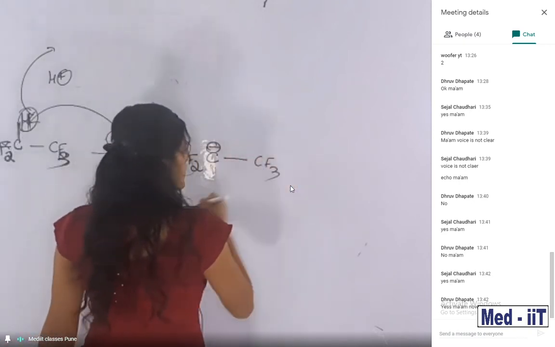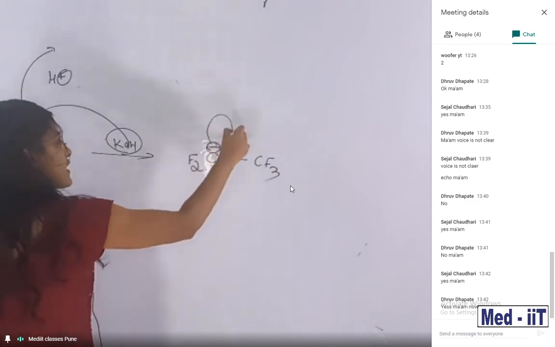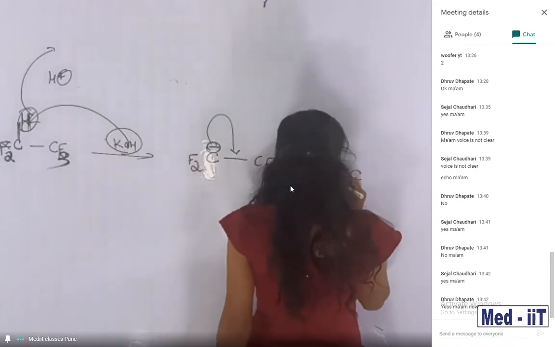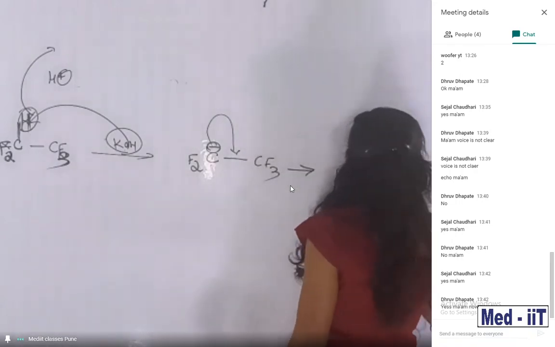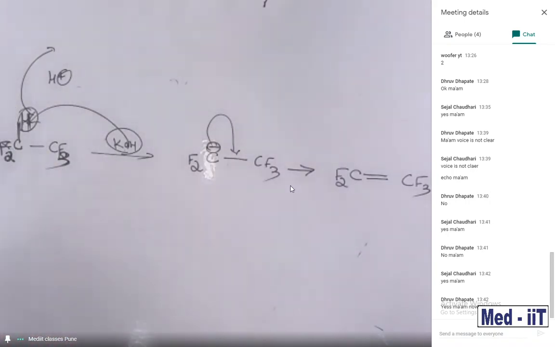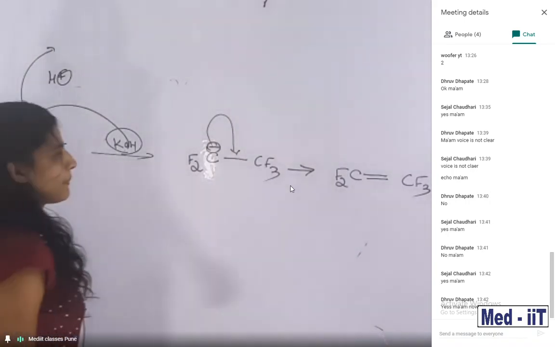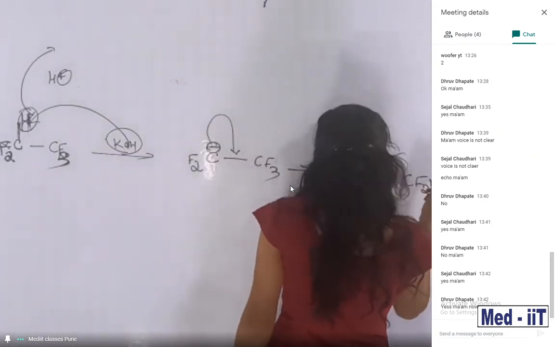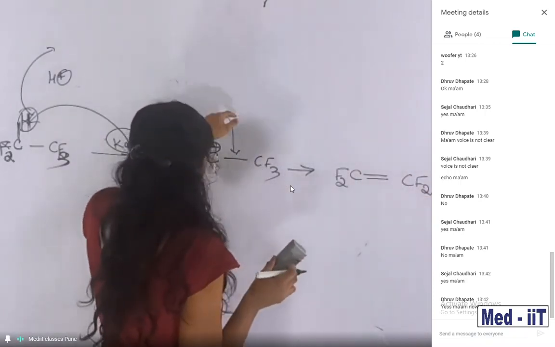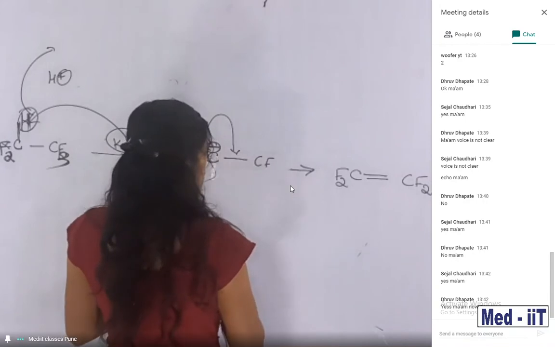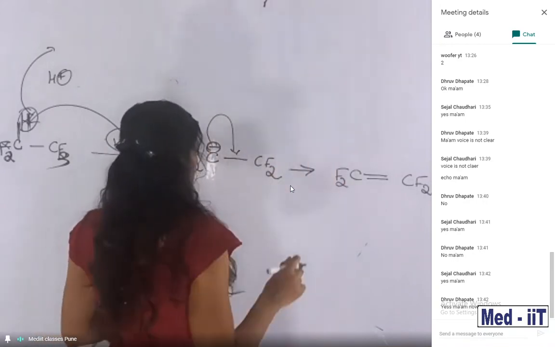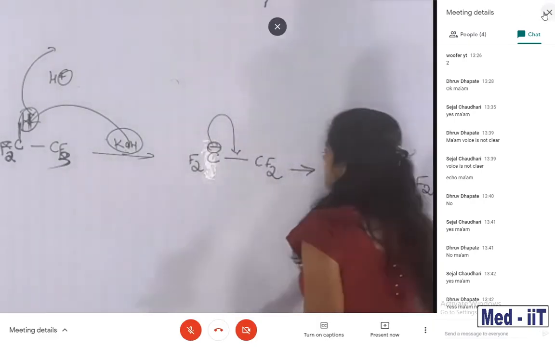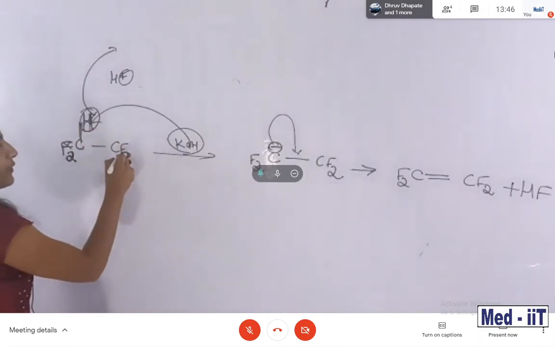So the remaining CF3. Okay, this negative charge is again going to shift. What happened? A double bond is forming. So it becomes CF2 double bonded to CF3. Is it clear? Okay, but not balanced. So here it will shift to here. At the same time, what happened? One more fluorine is also going to be eliminated. So two fluorines, HF, hydrogen one from here. Look, and then three fluorines now.